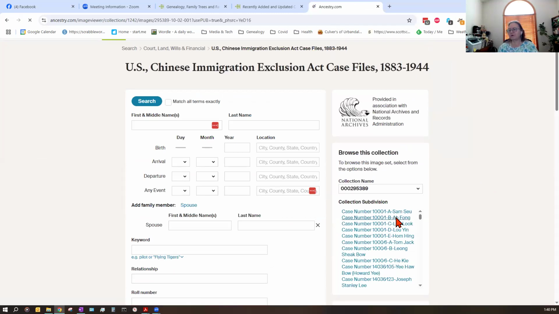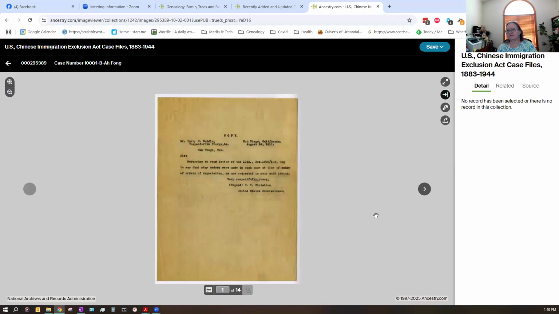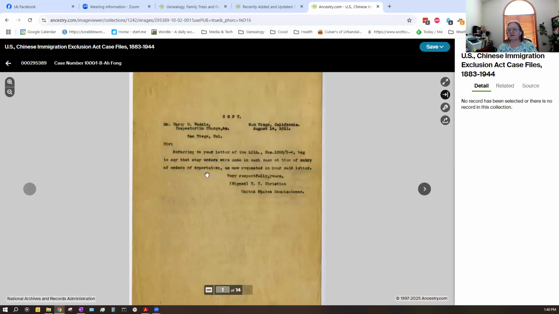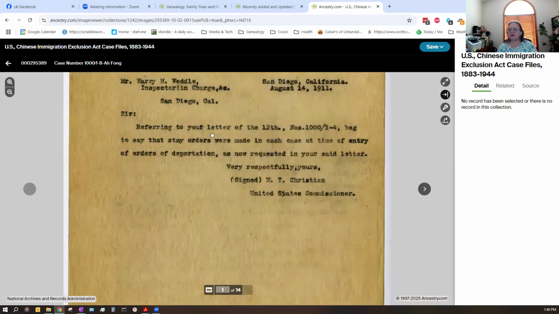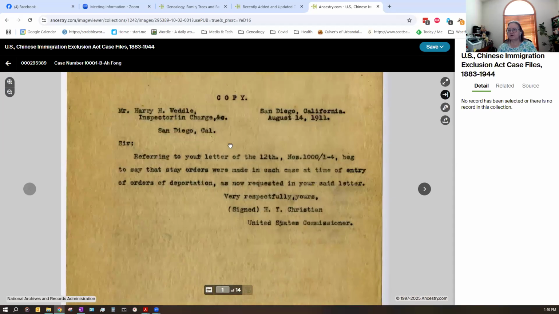So we have a case number. There's an AB. And it says, so this is Inspector General returned by a United States Commissioner, referring to your letter of the 12th. They're wanting to have stay orders made in this case for the entry of orders of deportation as requested per